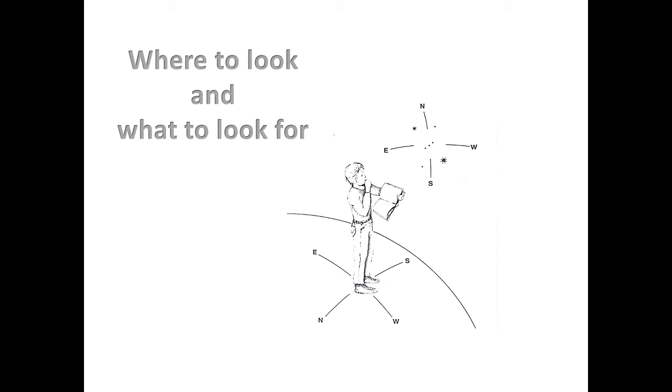Extended objects like an open cluster need low power to fit in the field of view. Dim objects like galaxies need low power to concentrate their light. Small bright objects like planets and double stars may need a high power eyepiece. Planetary nebulas are